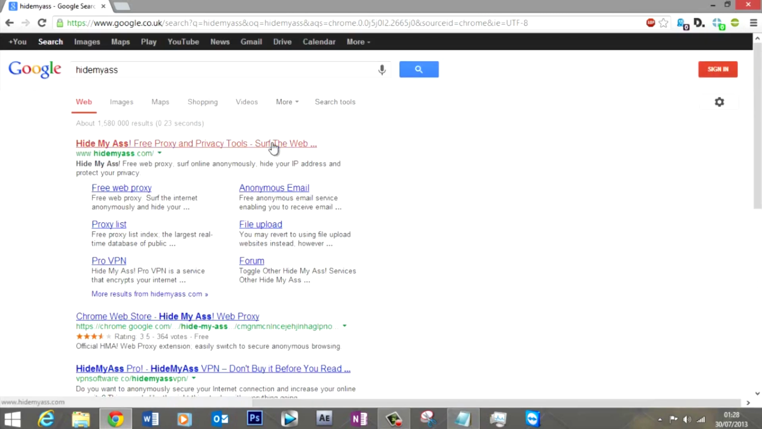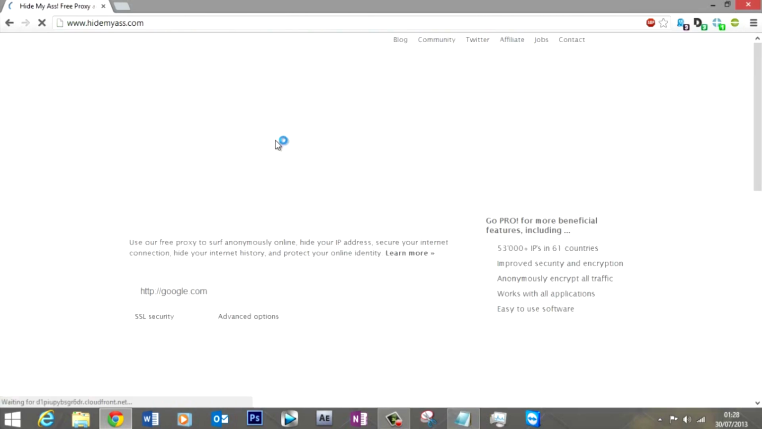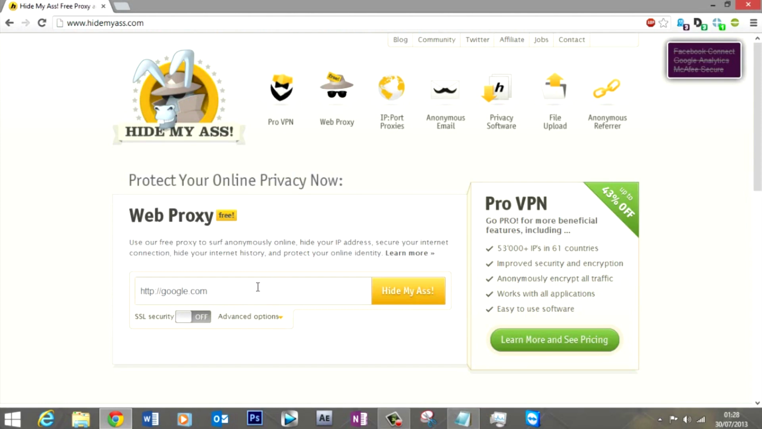So what Hide My Ass basically does is, when you enter a website, it encrypts what you're sending over. Say there was a filter installed on your computer by your parents and it blocked Facebook, for example, and you wanted to go on Facebook, you would enter it here, but when the request would be sent through your computer, it would all be encrypted, meaning